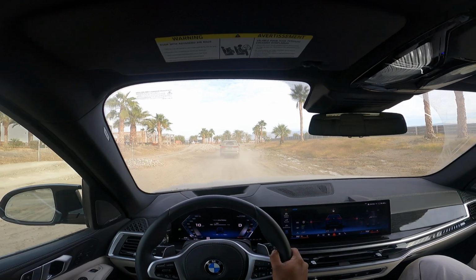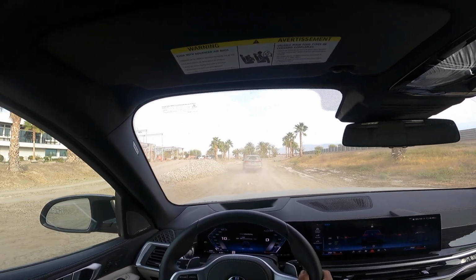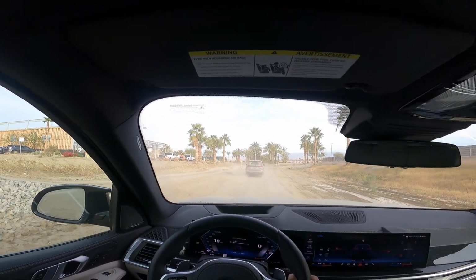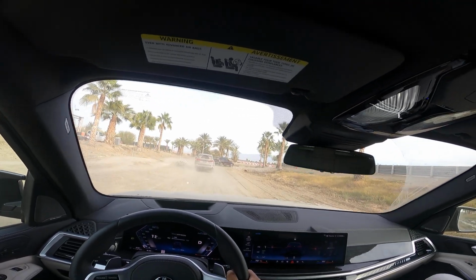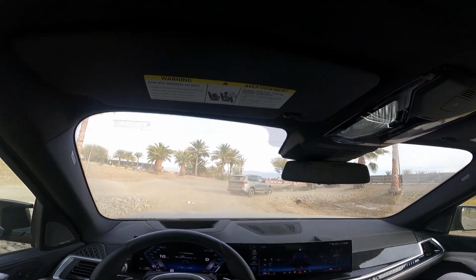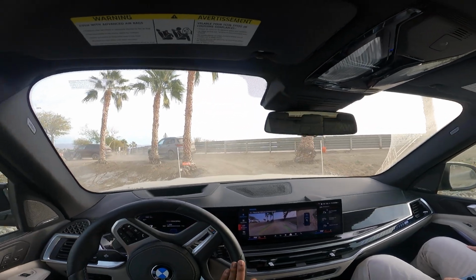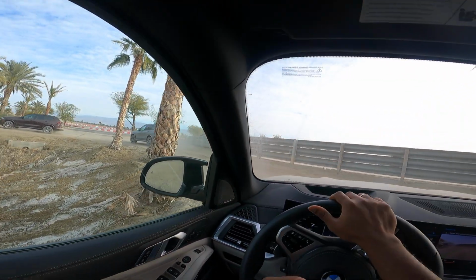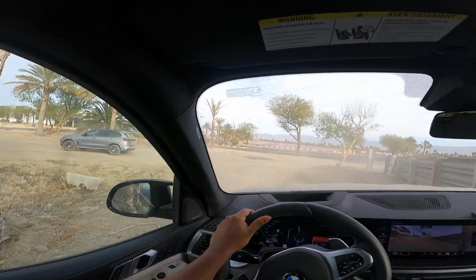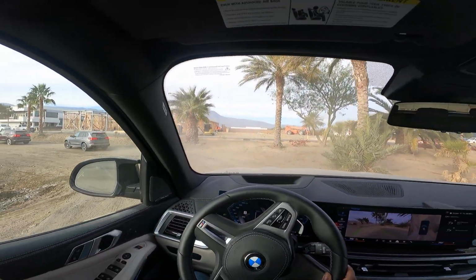Alrighty, at this point, we're going to sneak through these palm trees here. So we'll make a right-hand turn through these poles, up next to our guardrail, and back to the base of our first obstacle. We'll just kind of sneak through here, run over that last grate. And then when we come to a stop here at the base of our first obstacle, put it in park. You can leave the vehicle running and just